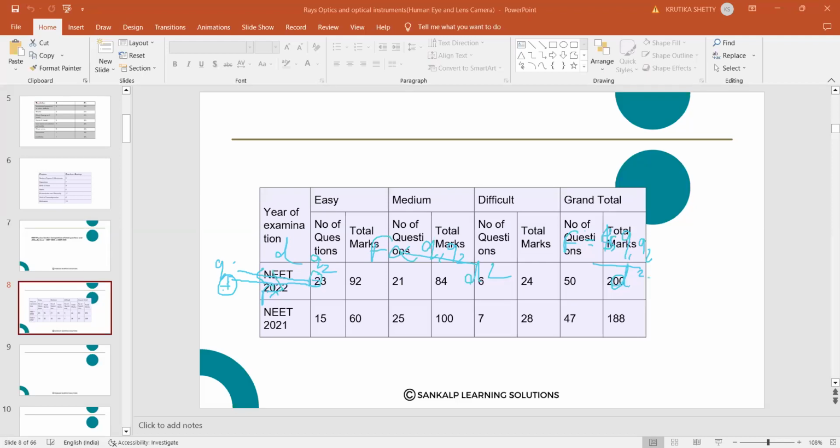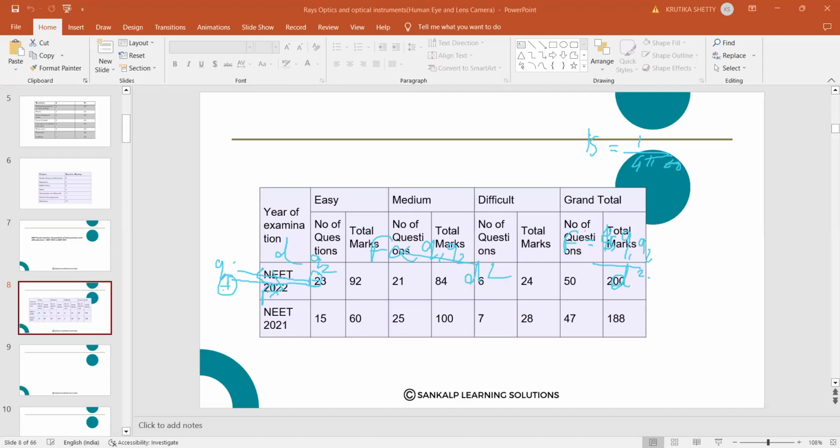What is this? The force between the two bodies is directly proportional to the product of the charges and inversely proportional to the square of the distance between them. It is written as F is equal to K Q1 into Q2 upon D square. When I remove the proportionality sign, I have taken a constant K. The value of K is a constant, and the value of K is 1 upon 4 pi epsilon naught.